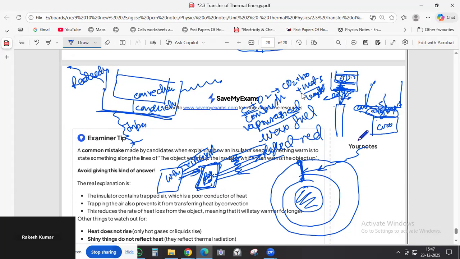The colors, then the texture, all these matter. So this is the concept. Acha, now